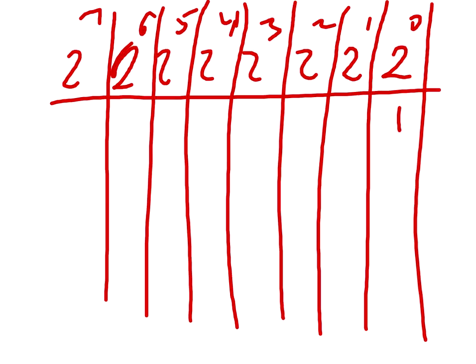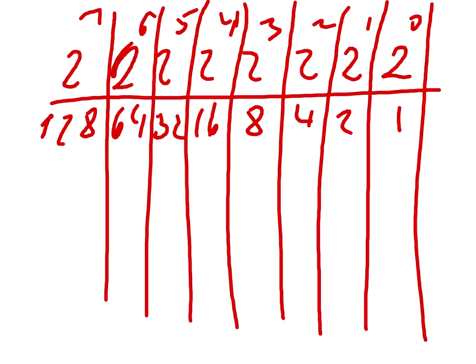So what is 2 to the 0th power? It is 1. What is 2 to the 1st power? It is 2. 2 squared is 4. 2 cubed is 8. 2 to the 4th power is 16, then 32, 64, and 128. This is what you need to remember. This is the basic understanding, or basic 8-bit sequence. So in this 8-bit sequence,